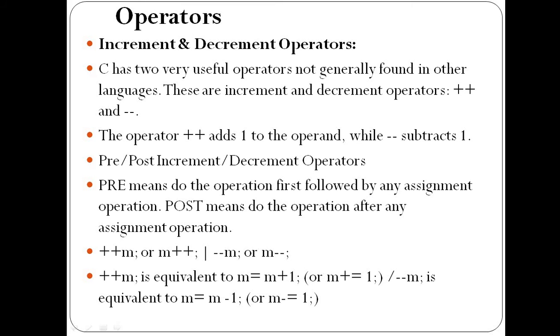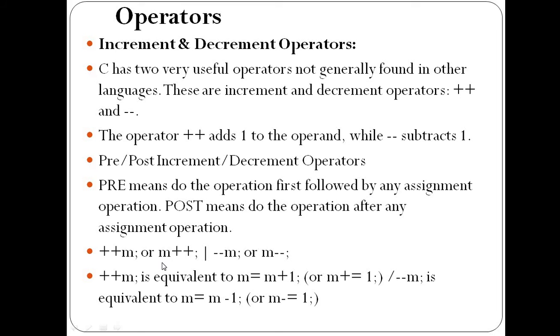So let us see through an example. ++m is called a pre-increment, and m++ is called a post-increment, because the ++ is placed before the m, that is called pre. It means first we add to the value in the variable and then it is provided to the expression. But in m++ what happens? First we provide the value of m to the expression and then add to the value. That is the primary difference.